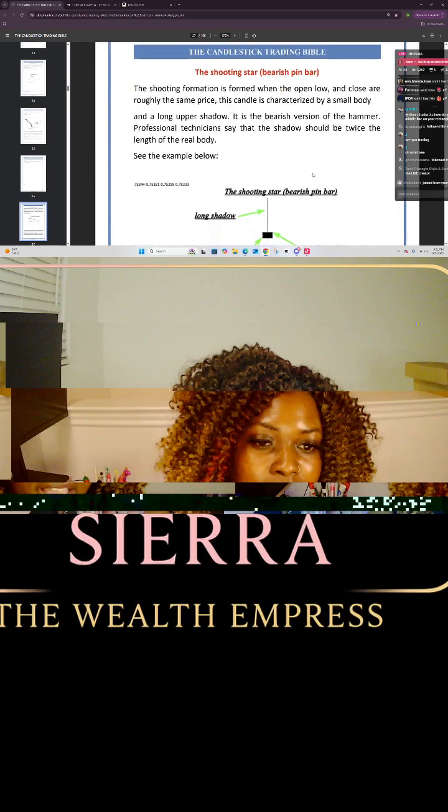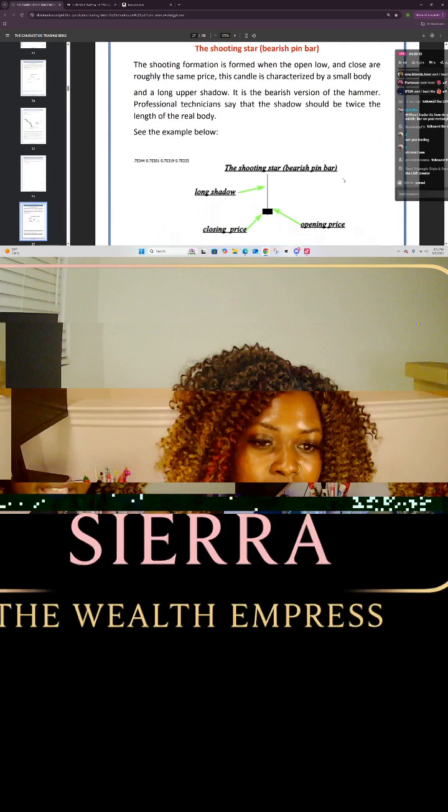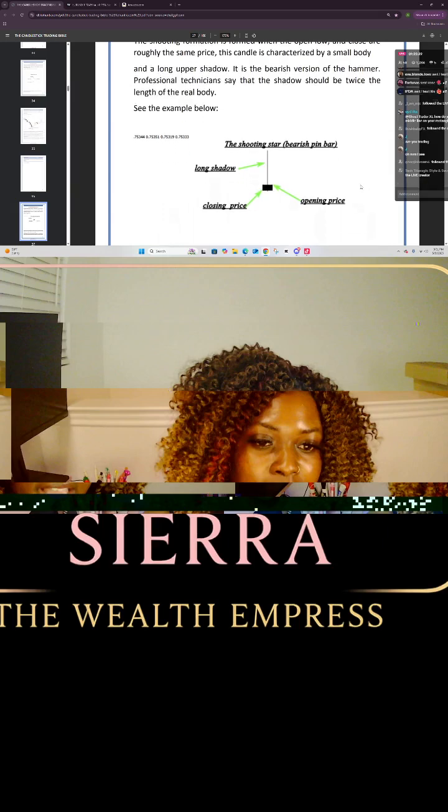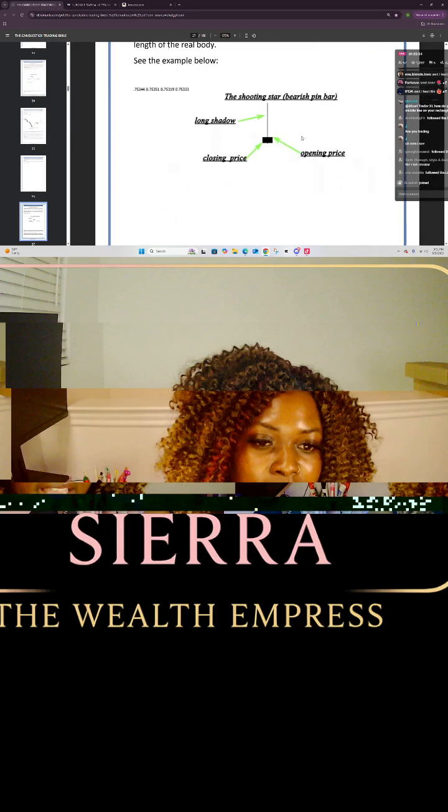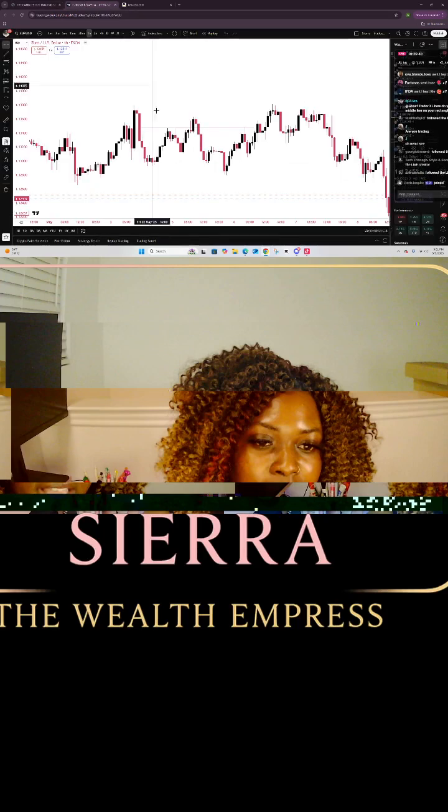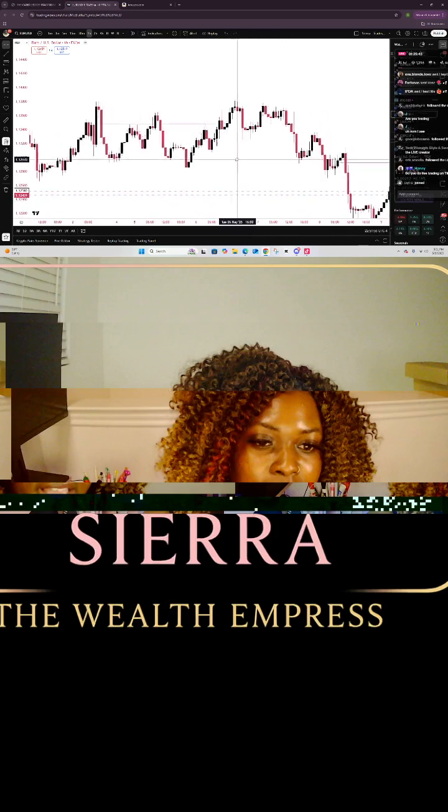All right, so now you have the shooting star, which is a bearish pin bar. The shooting star formation is formed when the open, low, and close are roughly near the same price. This candle is characterized by a small body and a long upper wick. It is the bearish version of the hammer. Professional technicians say that the wick should be twice the length of the real body. See the example below. All right, so let's go find a hammer and a shooting star, and bam, at a